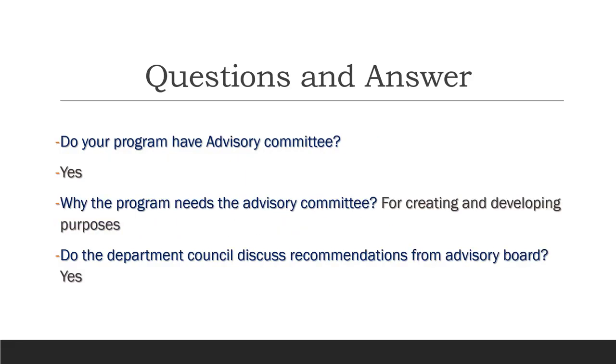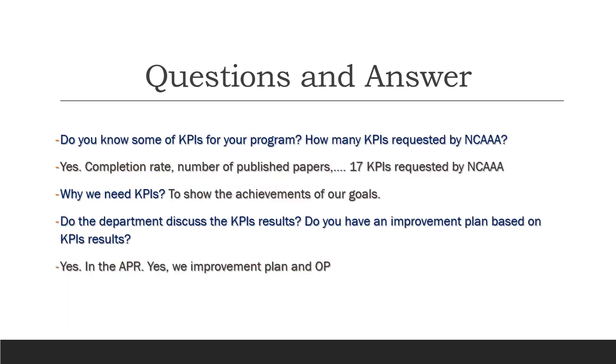Does your program have an advisory committee? Why does the program need the advisory committee? Does the department council discuss recommendations from the advisory board? Do you know some of the KPIs for your program? How many KPIs are requested by NCAA? Why do we need key performance indicators? Does the department discuss the KPI results? Do you have an improvement plan based on